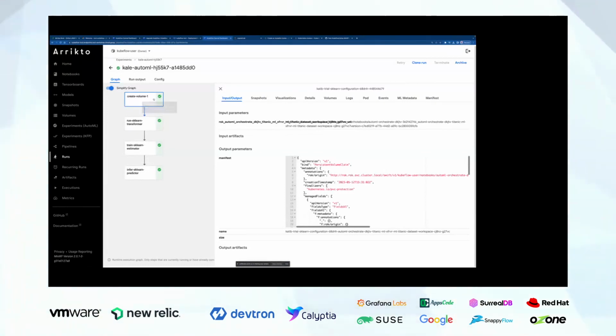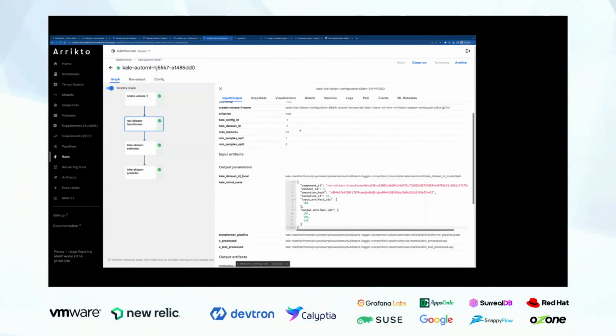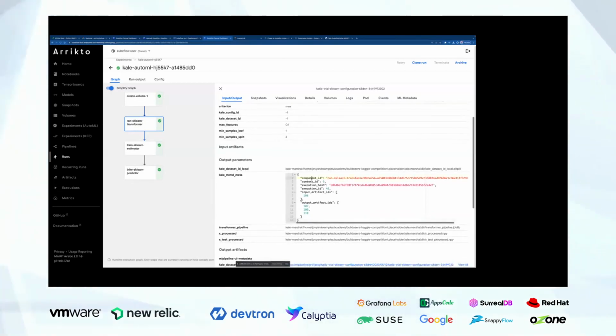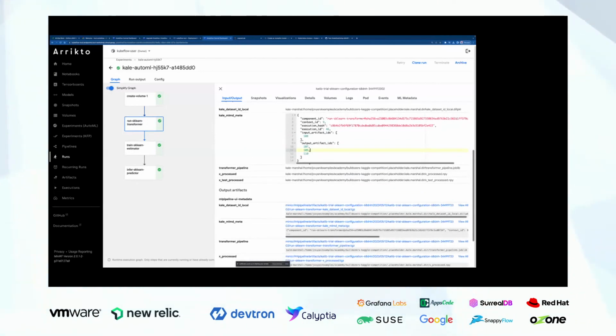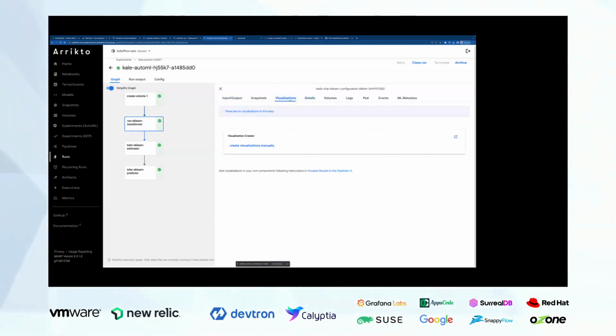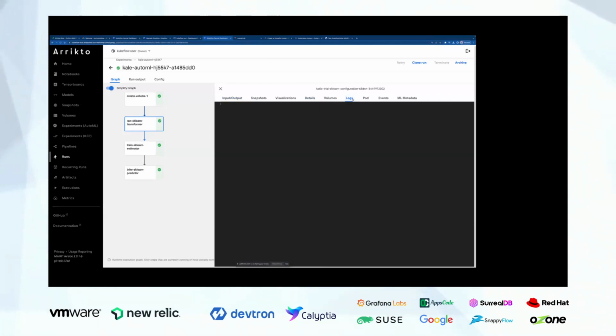For let's say this step, the run scalable transformer, this took these input files, then it generated this output where you see things like the component ID, input artifacts, maybe visualization, details around it, the logs for that specific run, right?